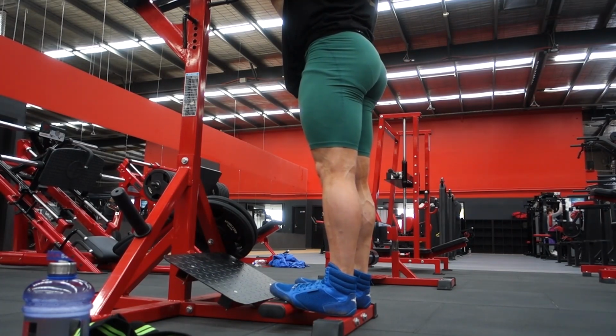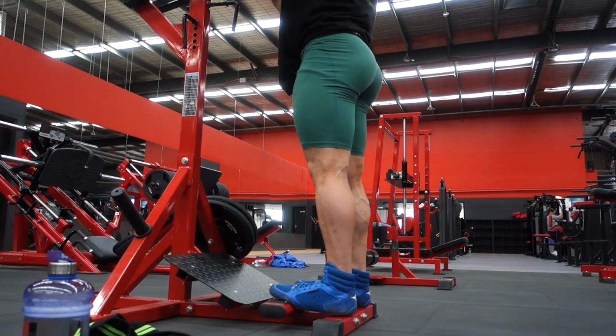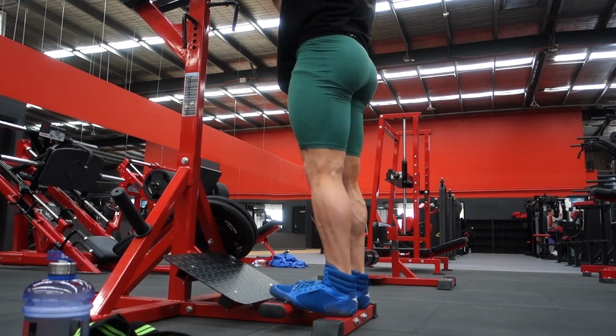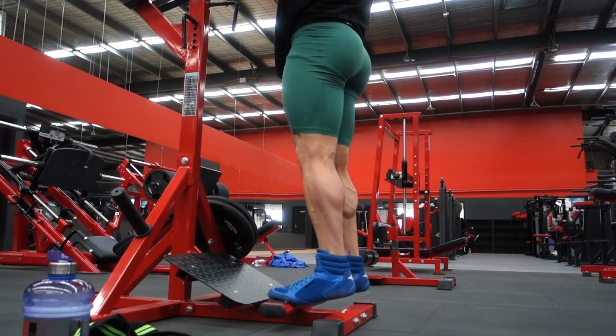Also, because this exercise is very consistent and you don't get much break, you have to be mindful to pick a weight that you can do for more reps. So if you're doing sets of 15, you want to get a weight you can do for 20 to 25